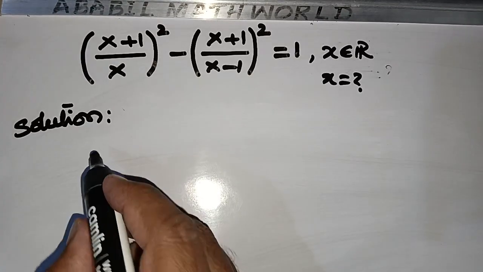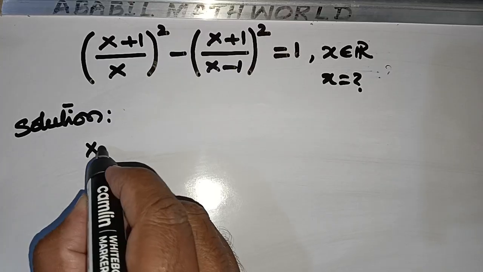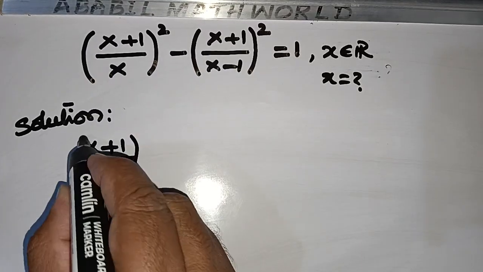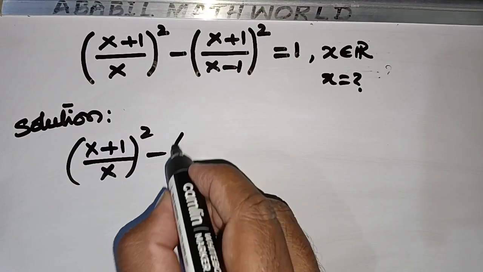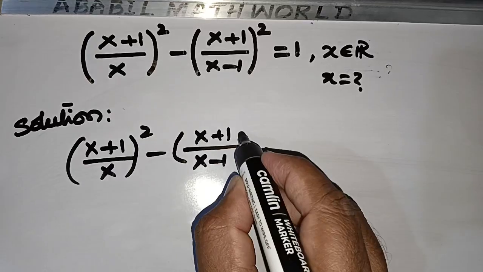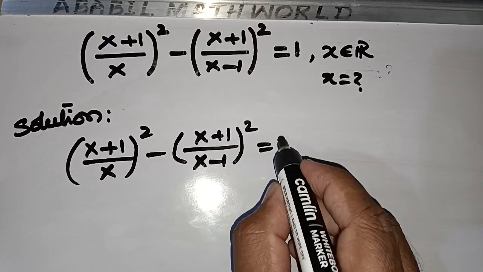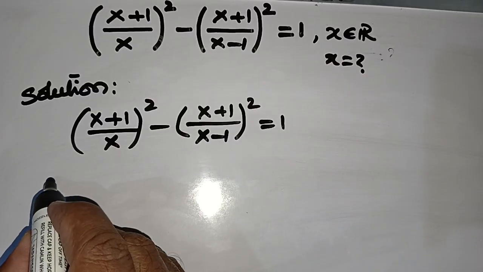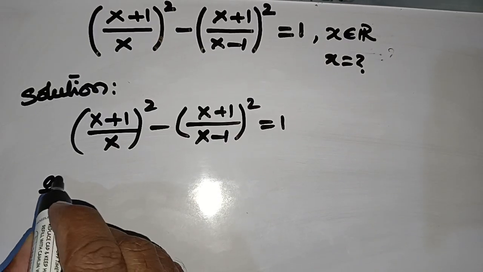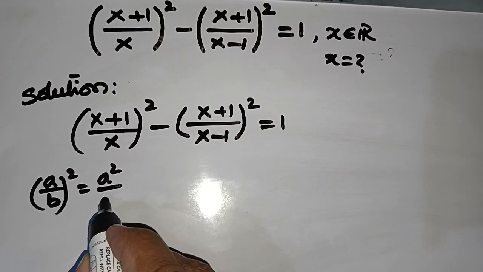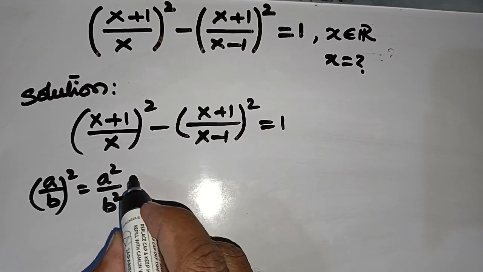Today we are going to solve an interesting problem. ((x plus 1) divided by x) whole square minus ((x plus 1) by (x minus 1)) whole square is equal to 1. So here, using the formula (a by b) whole square is equal to a square by b square,